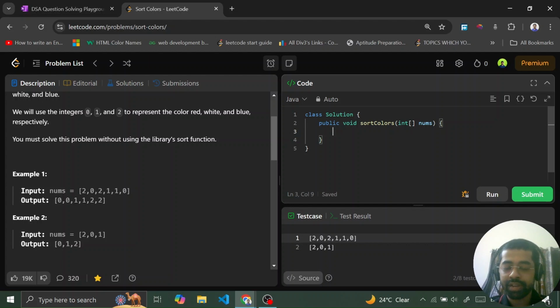Okay, so we have to initialize the i, j, and k values first. So let me initialize that. int i is equal to 0, j is equal to nums.length minus 1. Okay, and k is equal to 0 again, because the i and k values will be the same as the initial value. And then I will run a loop which will say while k is less than or equal to j. In that case, what I will do, I will check that, okay, is my nums